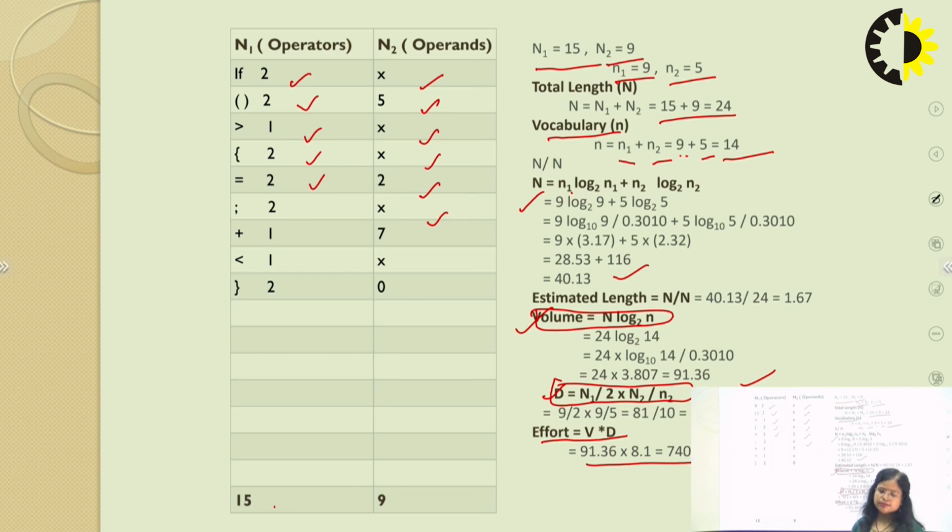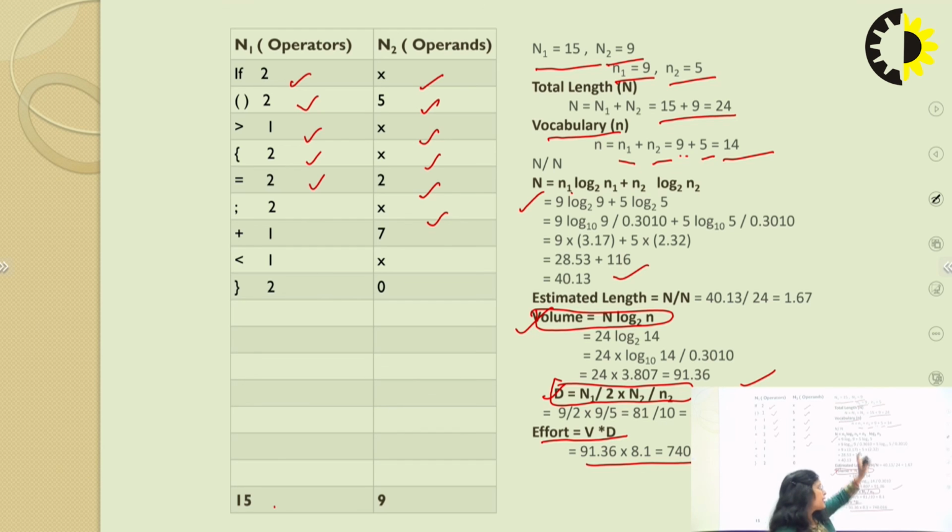For solving the example, or for solving the numerical part on the basis of Halstead software science metrics, you need to focus on some points: how many distinct operators are there, how many distinct operands are there, how many total occurrences of the operators, and how many total occurrences of the operands are there. On the basis of these things,